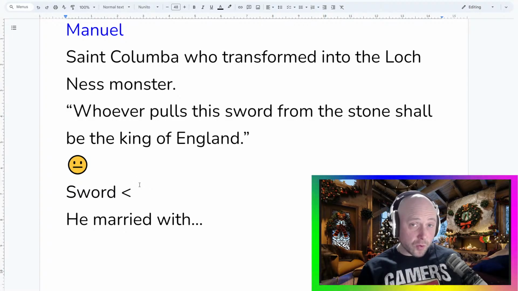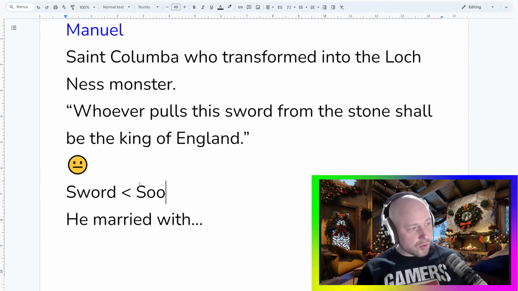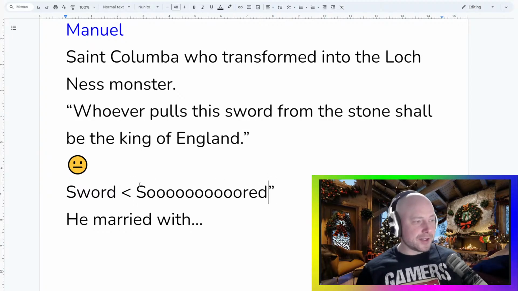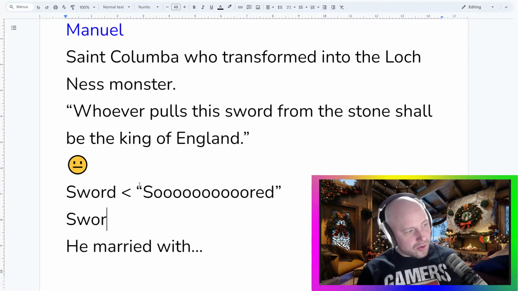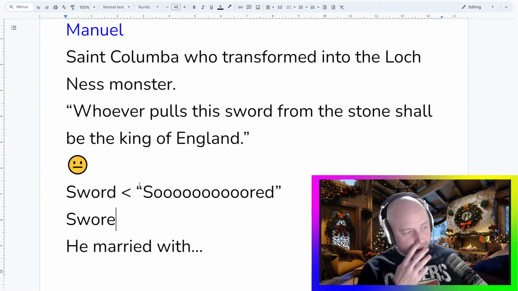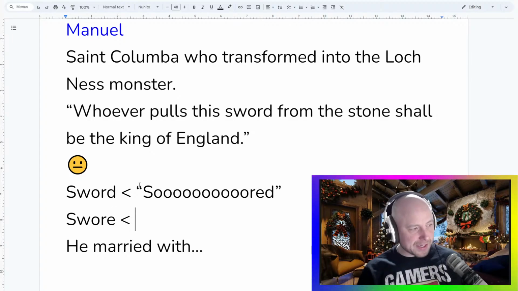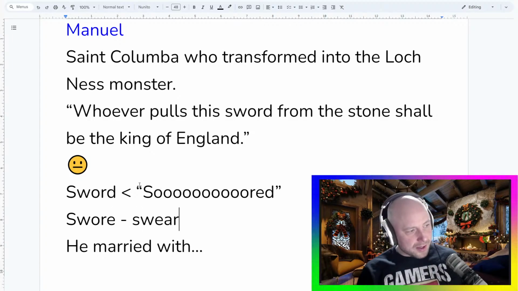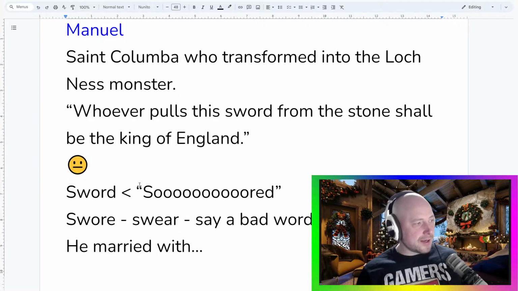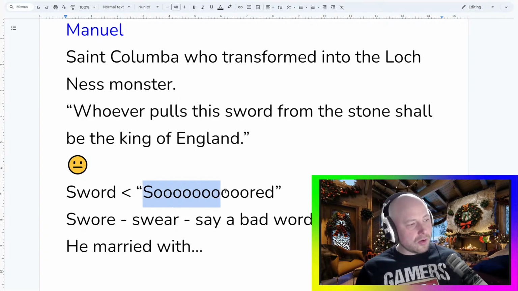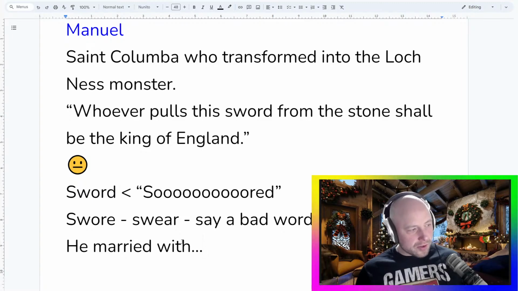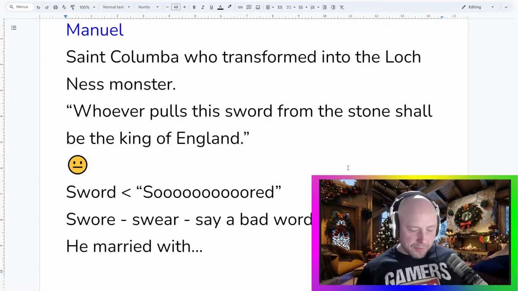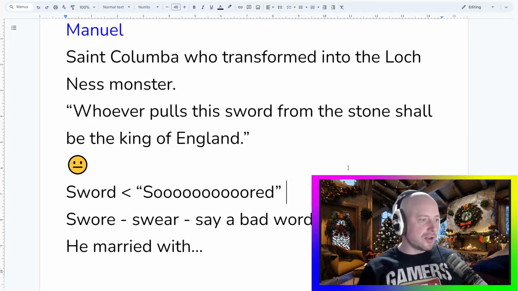Sword is how we say it. Sword. If you say swore, it sounds like you're saying swore incorrectly, which is the past of swear, which means to say a bad word. So it's sword, no W. The sword, a big sword. A sword. If you want to remember how to say sword, just remember knight. It's not k-night, it's knight.